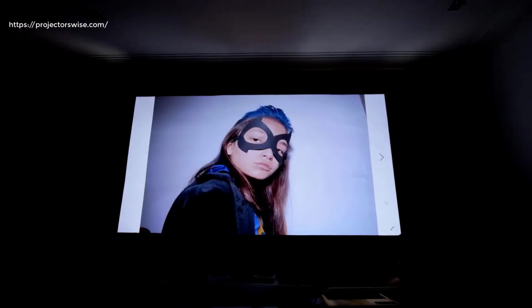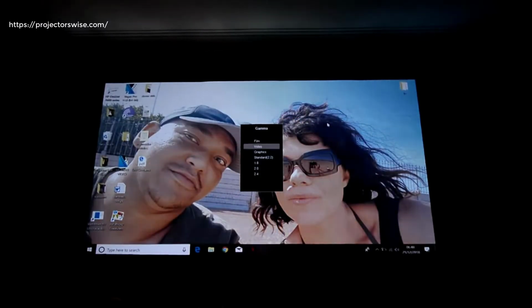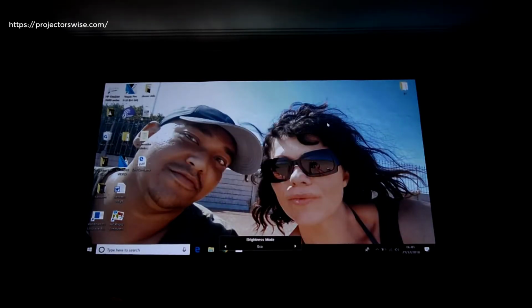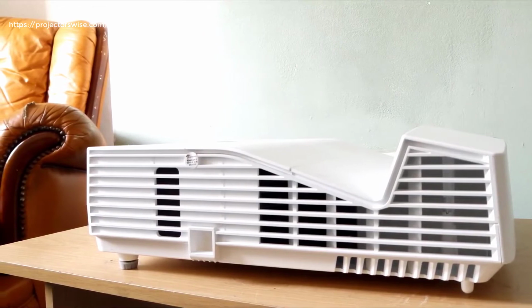So image quality, is it good? Well, initial thoughts were average, but that's mainly because the out-the-box settings on the HD31UST did require me to spend a lot of time configuring and tweaking the settings to get the best out of the overall picture quality. Now, this hasn't been the case with something like the Optima HD27E or the HD29 Derby, but with this one it did require me to fiddle around with the settings, and